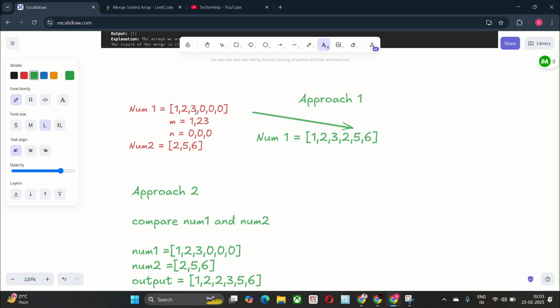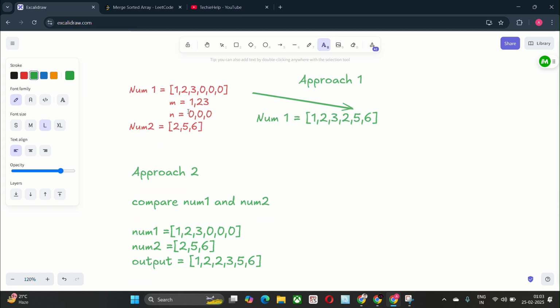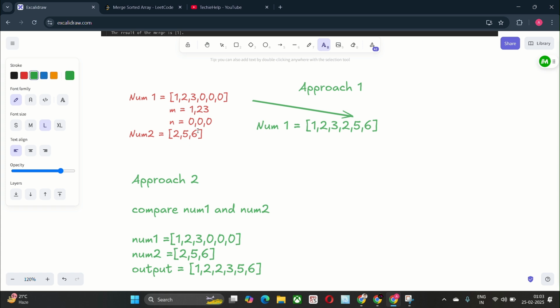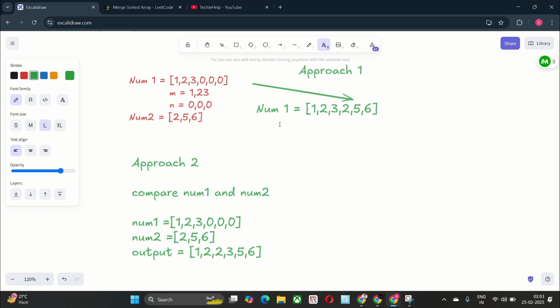Like in merge sort, where we divide into two parts and then sort the elements of the array. So nums1 is 1, 2, 3 and the last three are 0, 0, 0, and we are also given nums2 as 2, 5, 6. In approach 1, we merge nums1 and nums2 into a single sorted array. Approach 1 is a brute force approach.